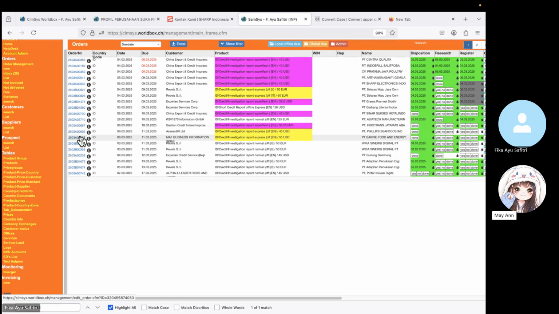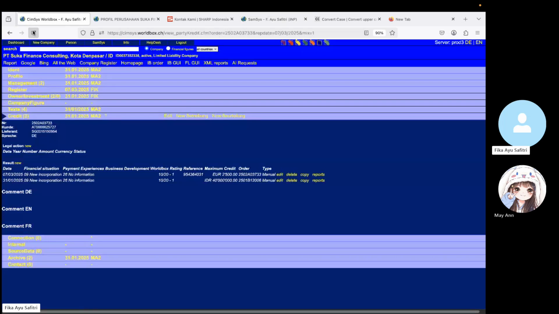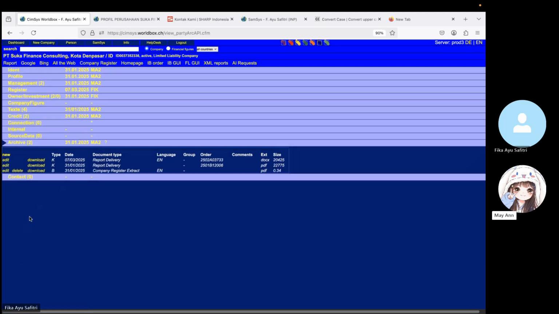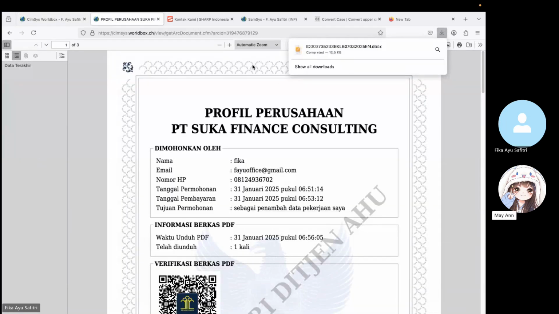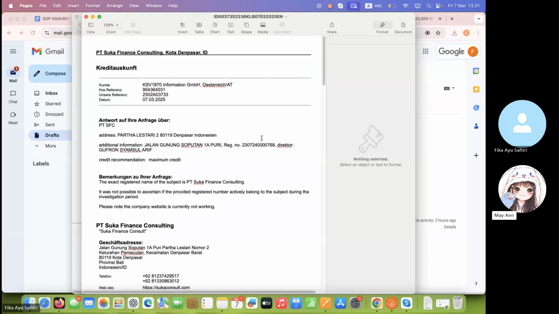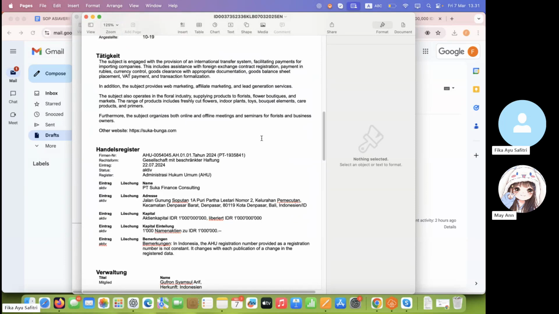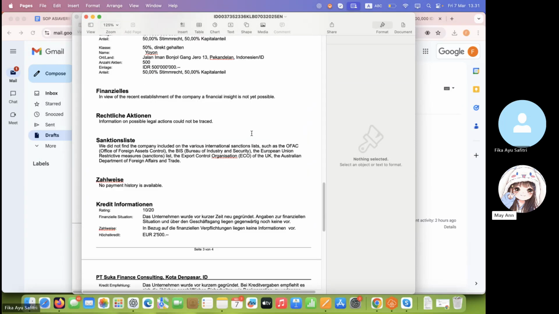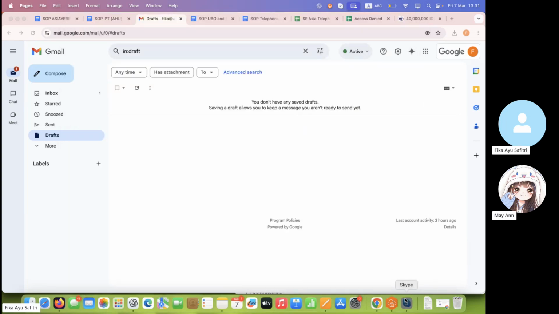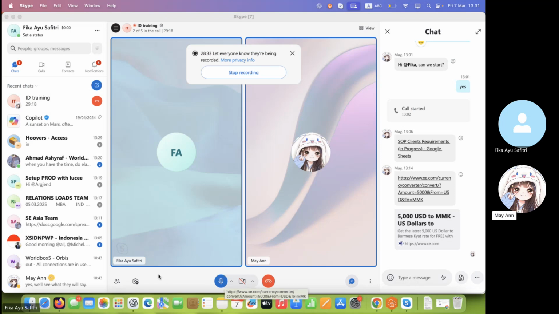So you can check that in the SIMSIS archive. This is the archive. Yes, SIMSIS and then archive. As we can see, we have the report delivery document type. You can check that. Download and then you can see it. If you open it, it is for our subject. Yes, perfect. So you know now. I think they will let you send the report starting from now on, I guess, once the report is reviewed by either me or him,